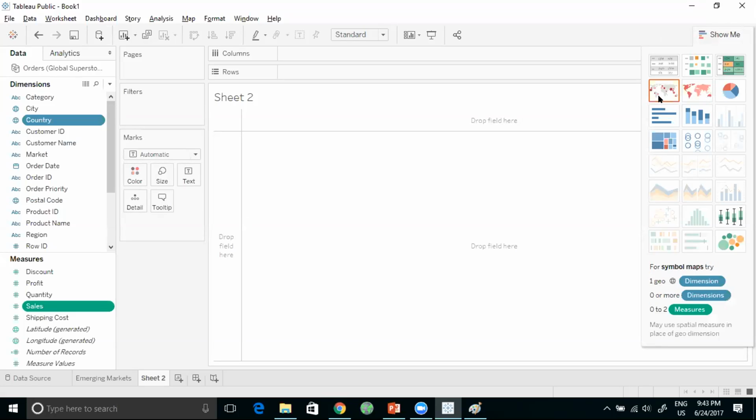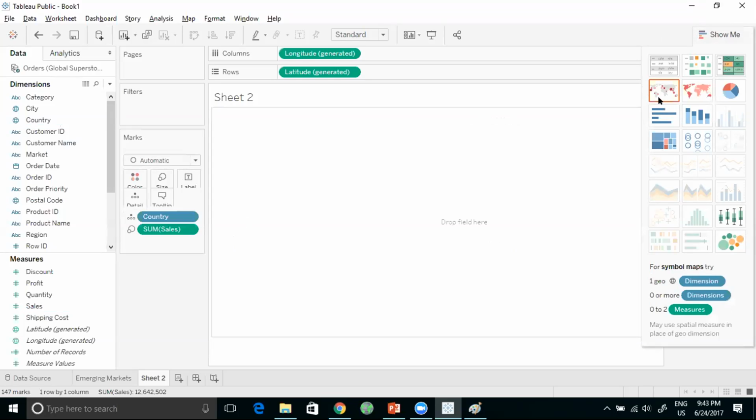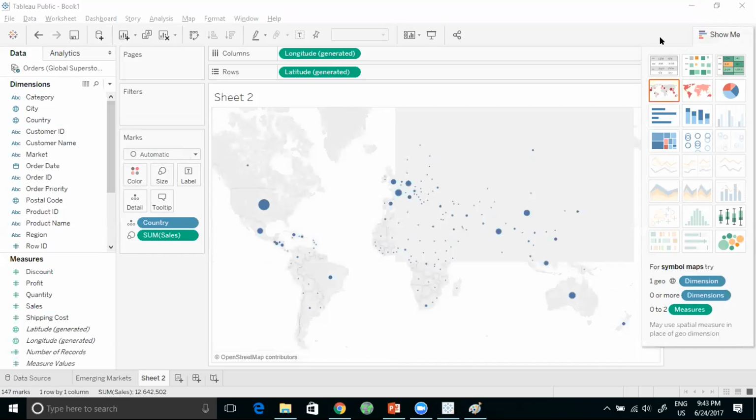And it suggests this particular graph. It gives me a lot of graphs that it thinks it's a good idea for me to use. But one of them is actually highlighted, and that's the world map. So I'm going to double click that world map. The moment I do, boom, it draws the visualization. And the raw data is right there behind this in the Excel format, Pranit. You can use the raw data. I'll show you how to actually get the data.